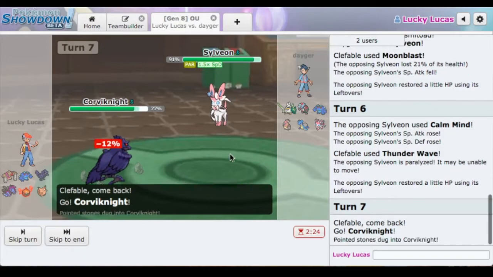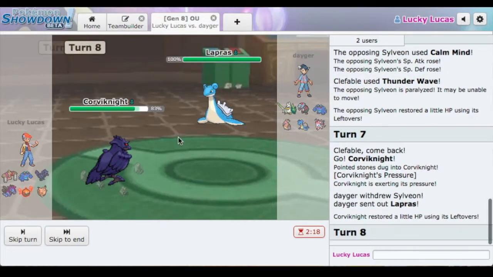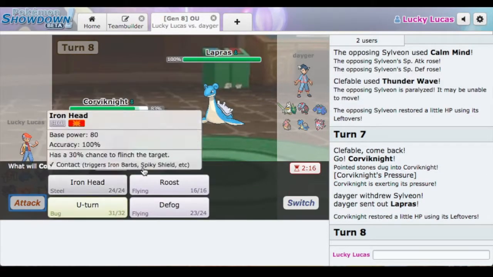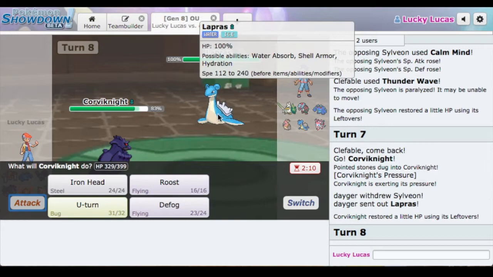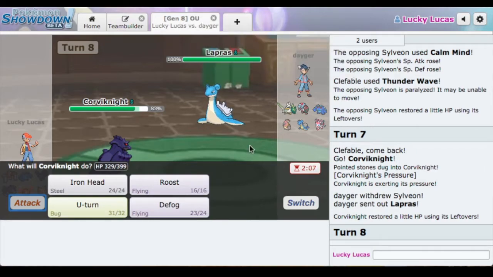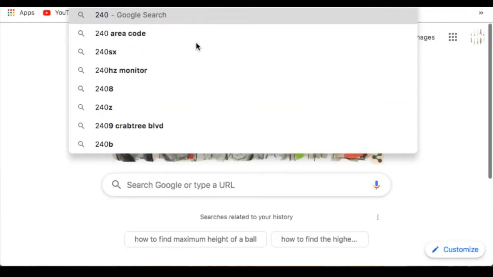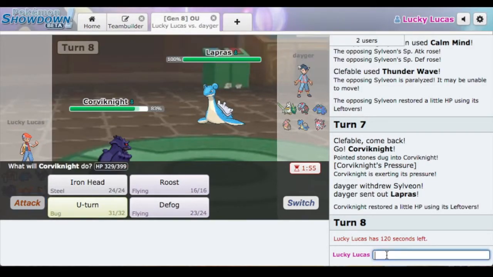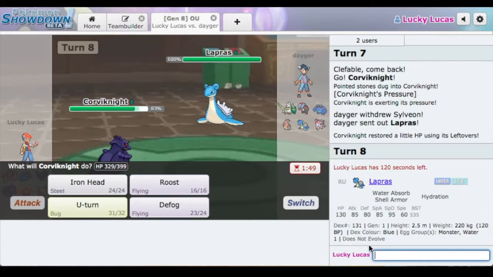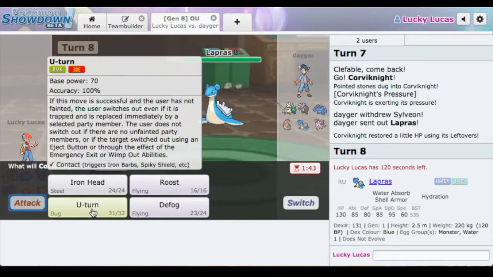I'll go to Corviknight right here. Interesting. I was thinking maybe he'd be Adamant and just stay in, but I'm gonna... This thing gets Dragon Dance, so 240 times 1.5, that's 360 speed right there. And I don't know what special defense you have. It might be in my best interest to try U-turn and try to switch to Rotom, and I think